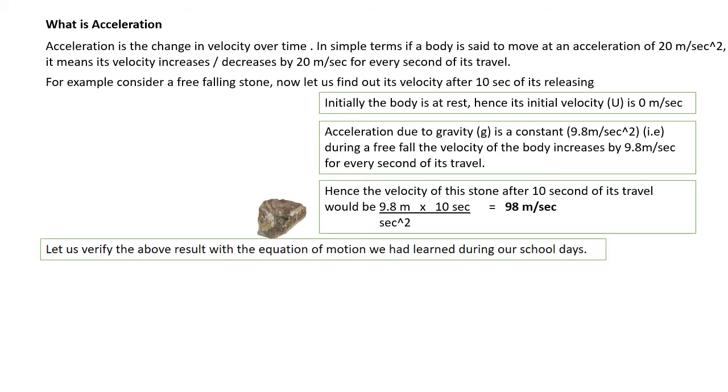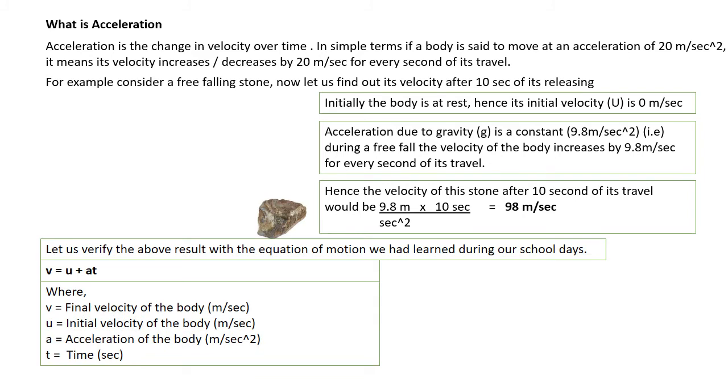To cross check, let's analyze the same with the equation of motion we had learned during our school days. v equals u plus at. We know v is the final velocity, u is the initial velocity, a is the acceleration, and t is the time of travel. Substituting the values,